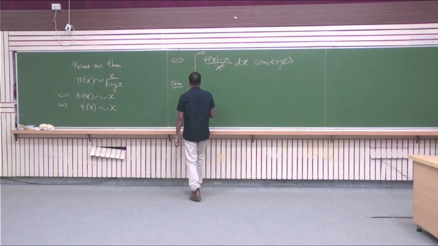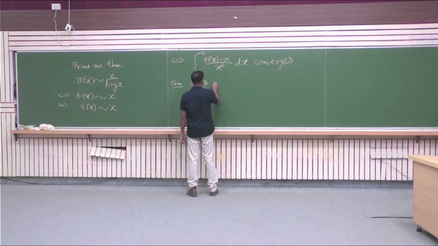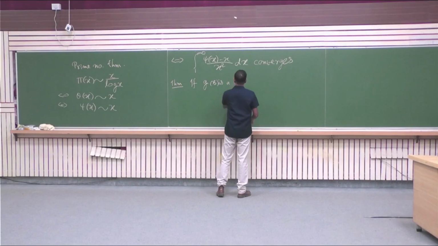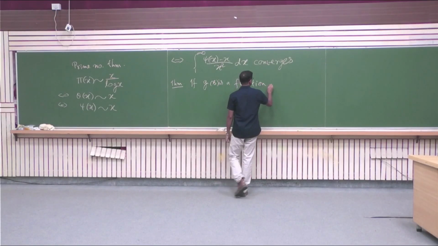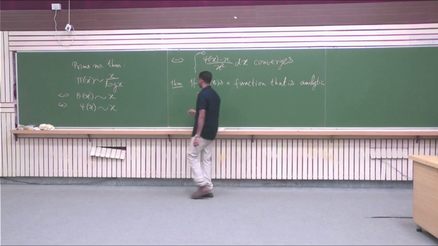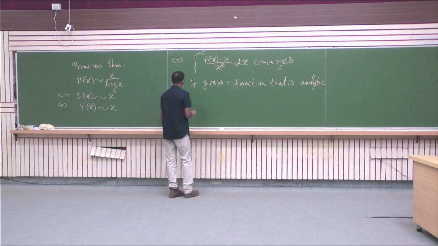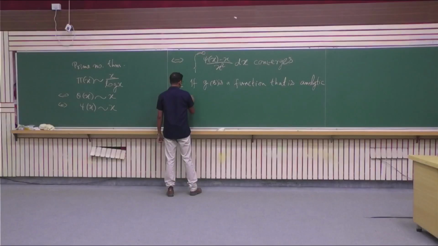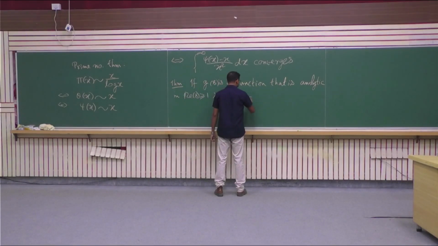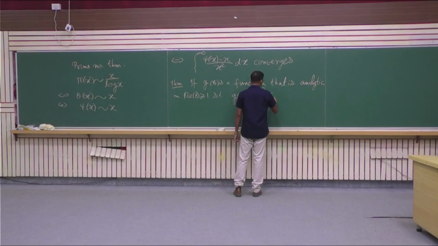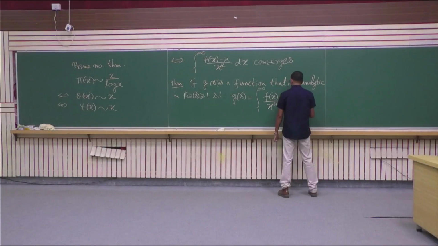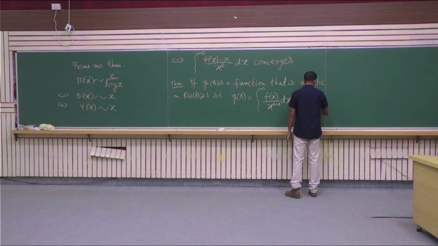would prove this theorem: if g of s is a function that is analytic in real part of s greater than or equal to 1, such that g of s is equal to the integral from 1 to infinity of f x by x to the power 1 plus s dx for real part of s greater than 1,